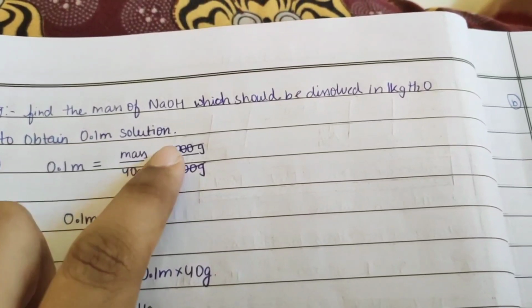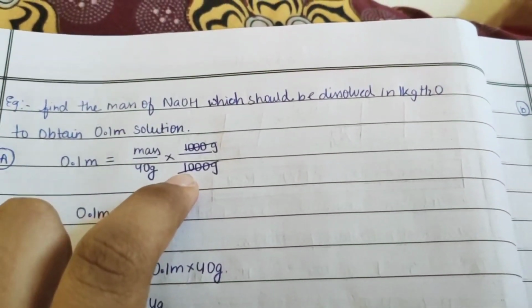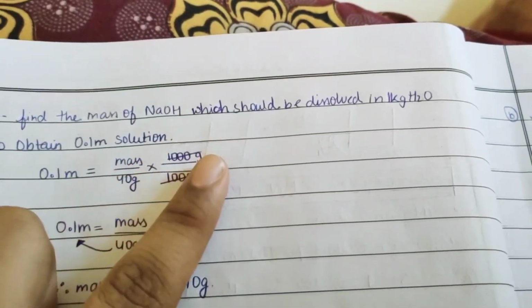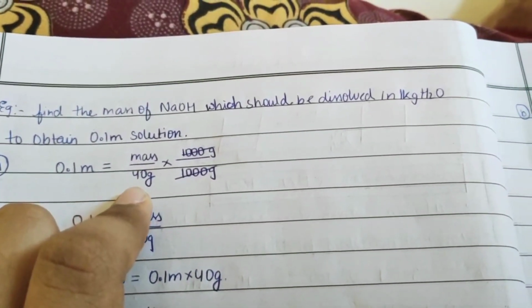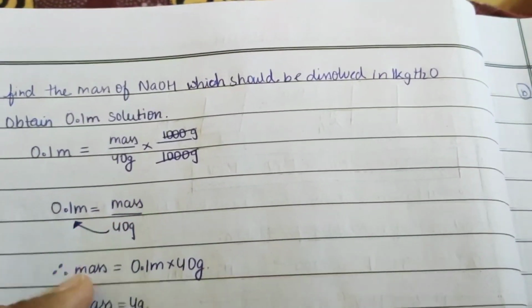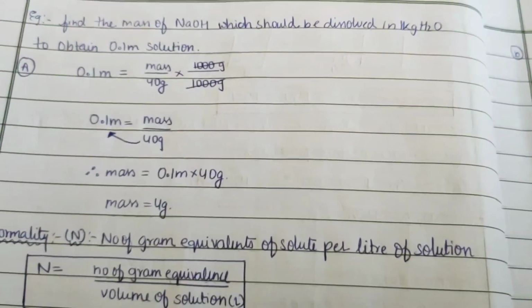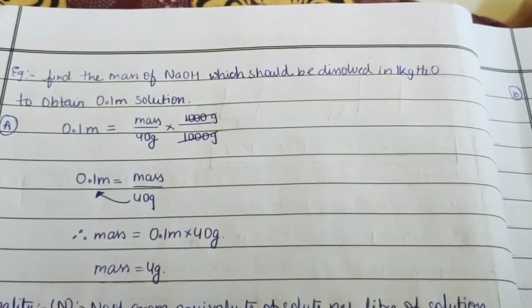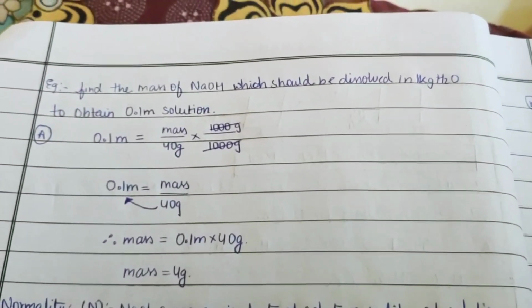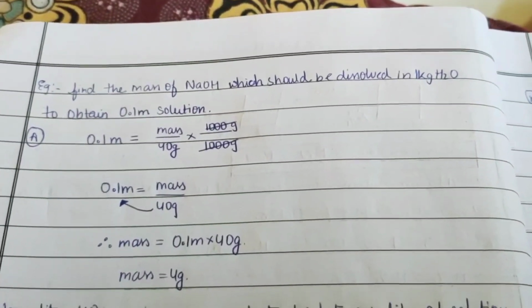So mass by molecular weight into 1000 by, they gave 1 kg of H2O, that means 1000 grams. So 1000 cancels, and here mass by 40. So we can write mass = 0.1 into 40, that is 4 grams. So we need 4 grams of NaOH dissolved in 1 kg of H2O to obtain 0.1 molality